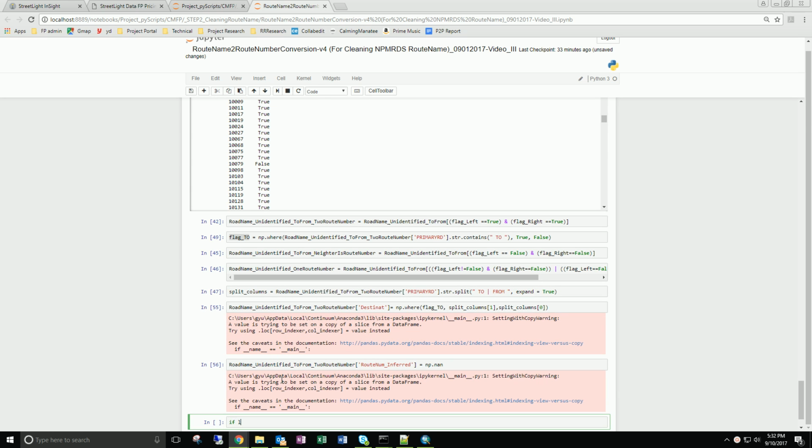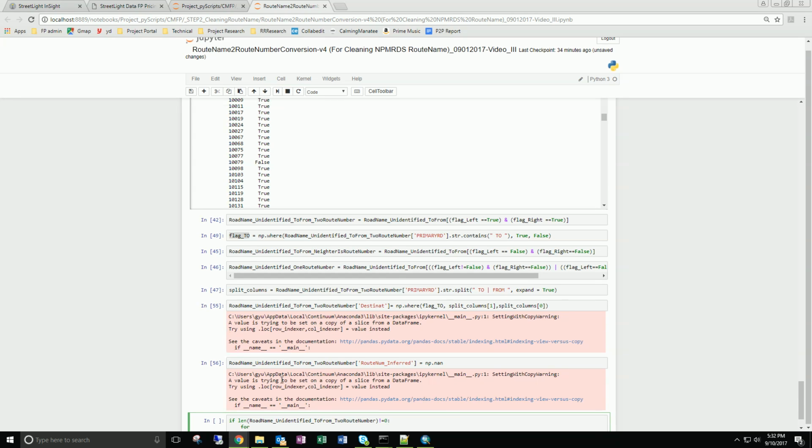And if the length of this row name unidentified to from to route number is not empty, then we're going to loop over the entire data frame, reference auto-generated data frame,